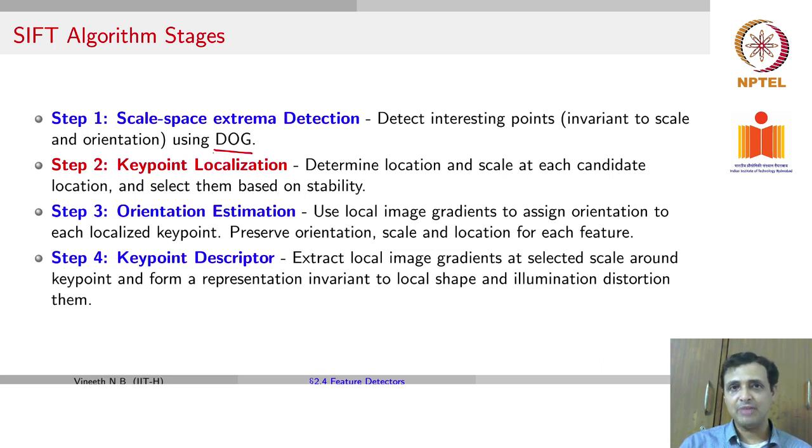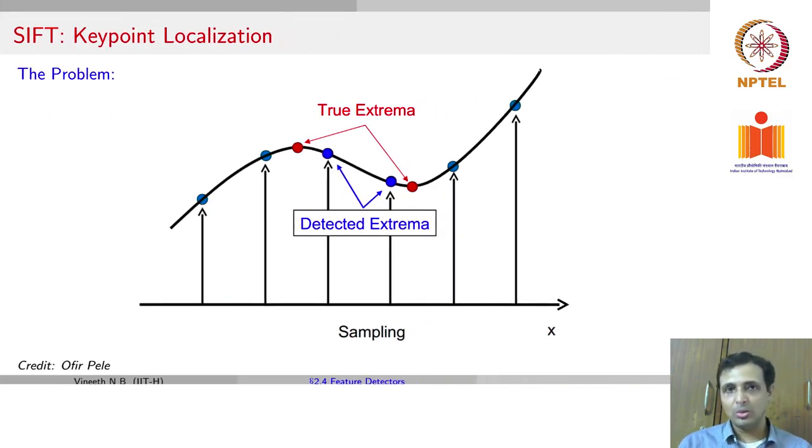We ideally want to see if we have found the exact point where we have the extrema, the maximum and the minimum. To do this, we're going to look at this difference of Gaussian function D as any other function, and if we knew that our detected extrema were at these blue points, we ideally want to find these red points where the minimum and the maximum is actually achieved. So it means that the minimum and maximum could be achieved in between two coordinate locations or in between two scales that we considered in the experiment so far. How do we find this?